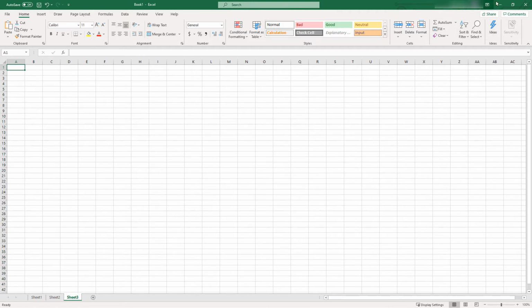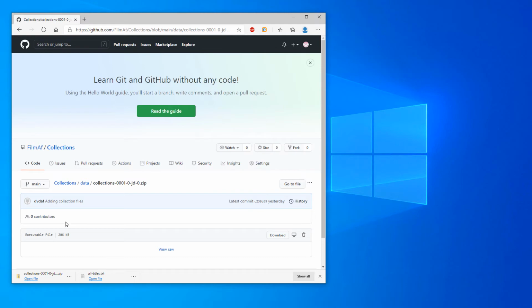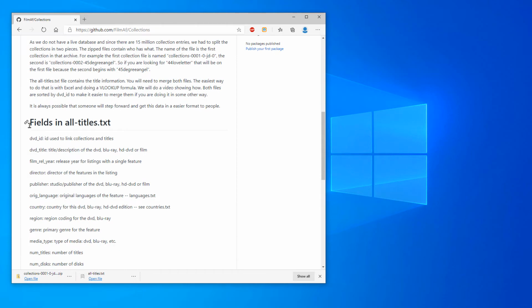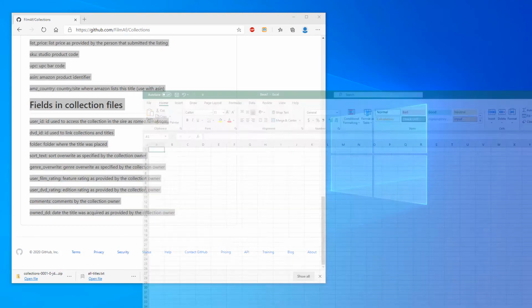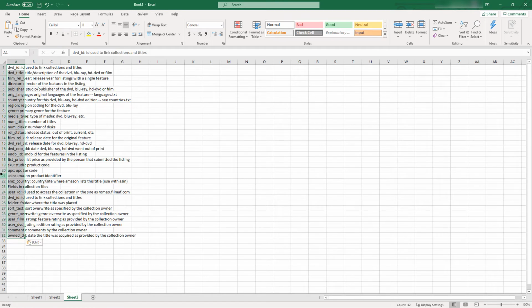So I created a new tab here, and I don't need this anymore. I'm going to go to collections, and over here it says what has what, right? So I'm just going to select all of this, copy. Bring Excel back, paste this text, and I know that this part over here is for all titles and this part over here is for the